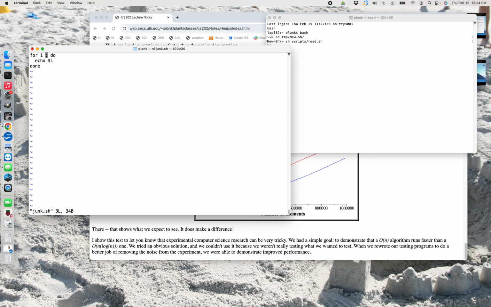For i do, echo i. So if you say just that, it grabs them from the command line, right? Which can also be nice. Still got 1 minute. Echo $#. That's the number of arguments on the command line. Okay? If I want to grab things from the command line, I use $1, $2. Those are the things that get me the command line arguments.